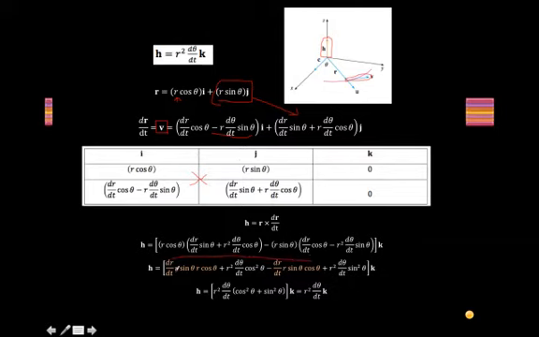When you expand it out, you can see that these two will cancel, and this cos theta and sine theta can be combined together, and this can be factored out. We know from trig identities that cos squared theta plus sine squared theta is equal to 1. So we can substitute a 1 in here, and that leaves us with h